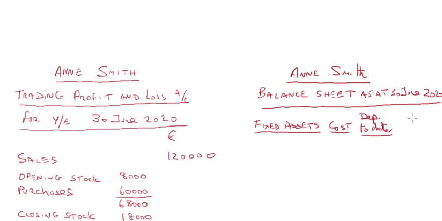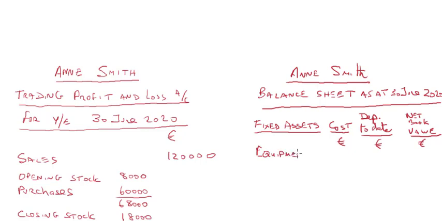Okay. And the next one is the net book value. Net book value. And of course the net book value is just a value in the books, and how we calculate it is just the cost minus the depreciation to date, and we put in euro symbols. Okay, so the first fixed asset, or the only fixed asset, is equipment,